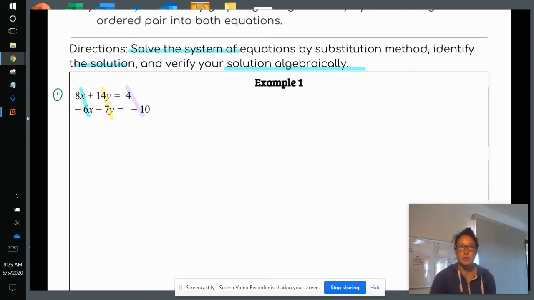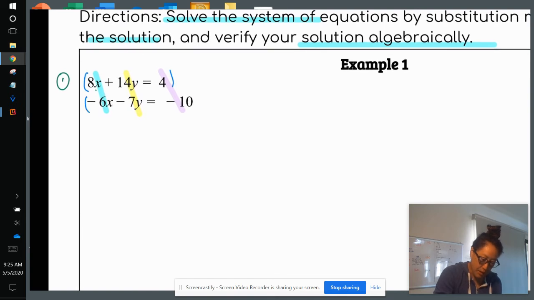So I need to multiply each equation by a number. They can be different numbers, okay? So just like last week, I'm going to multiply the top equation by something and the bottom equation by something. I can see that in the y's, if I multiply the bottom equation by 2, that's going to give me -14, which will, when I add vertically, cancel out the y's. So the top equation I'm going to multiply by 1. The bottom equation I'm going to multiply by 2. So I get